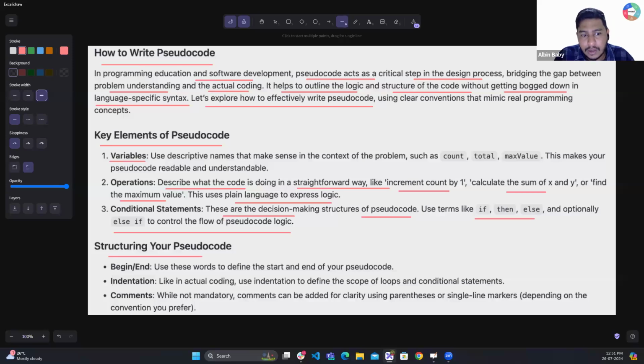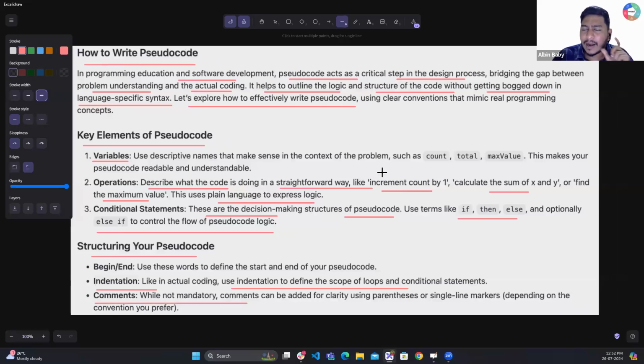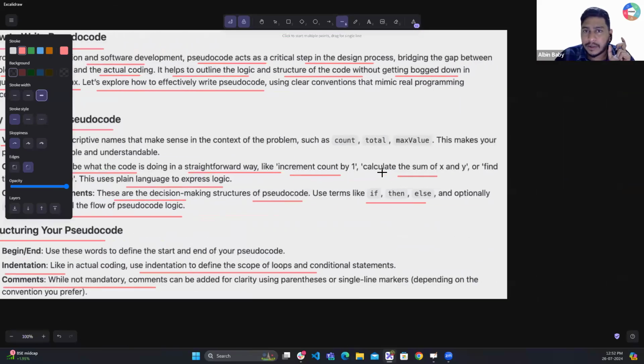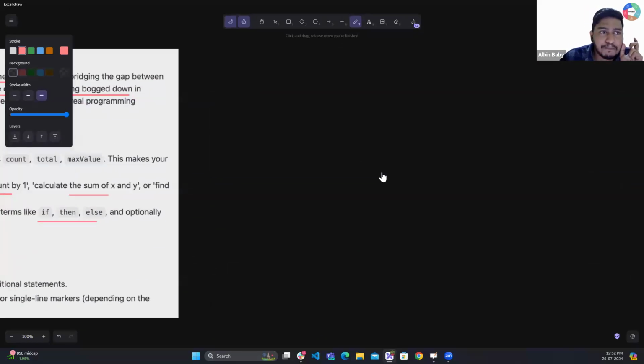Structuring your pseudocode: use begin and end to define the start and end of your pseudocode. Indentation: like in actual coding, use indentation to define the scope of loops and conditional statements. Comments: while not mandatory, comments can be added for clarity. Comments are not mandatory, but you can add them to say what you're trying to implement. But indentation is really important. Why is indentation really important? Let's say I'm writing this code: if A is greater than B,